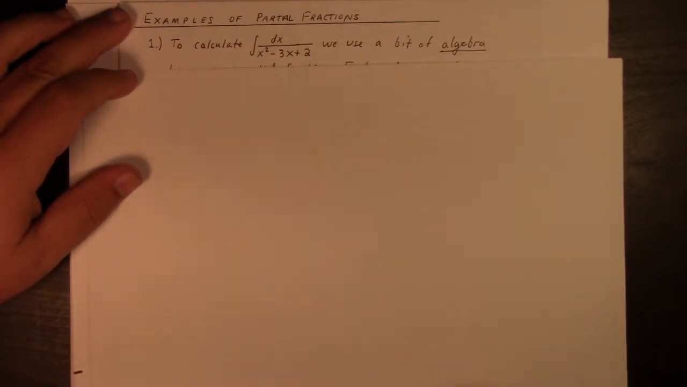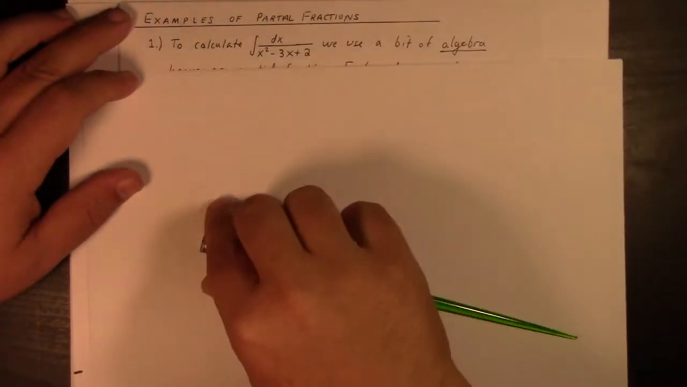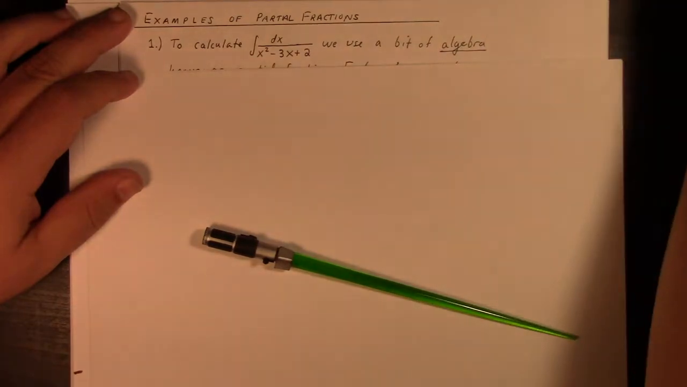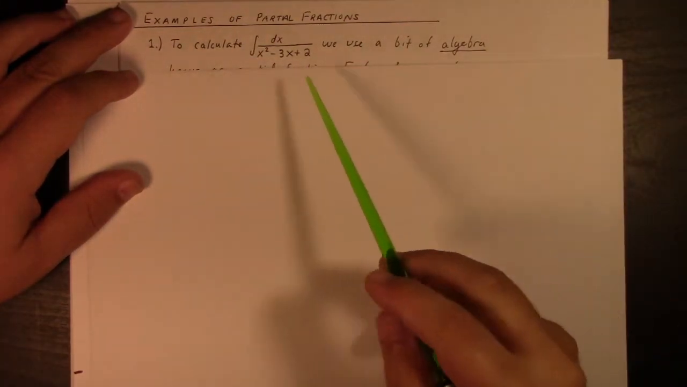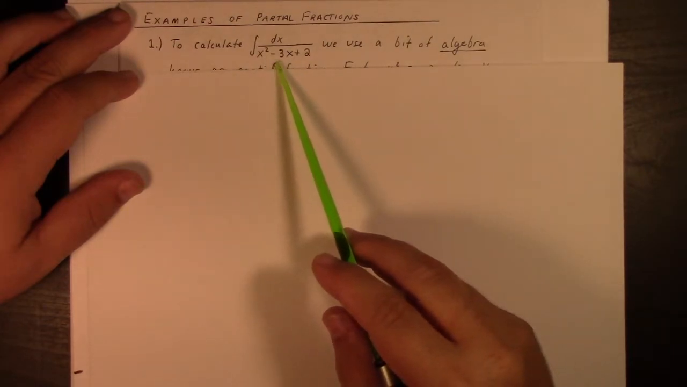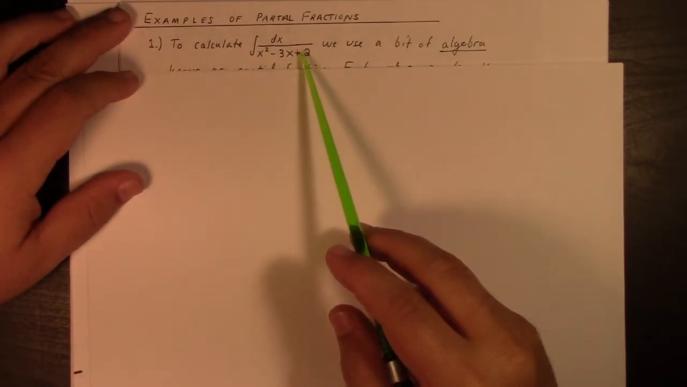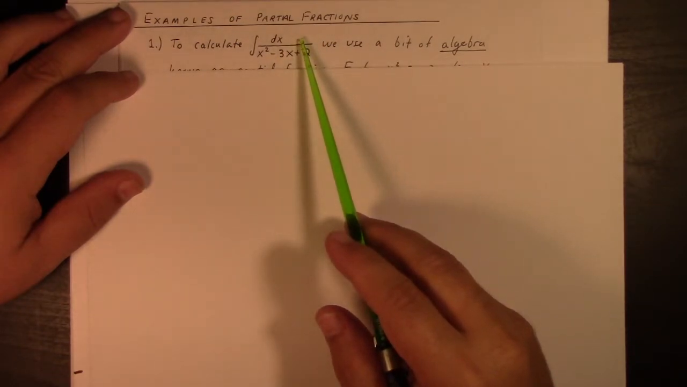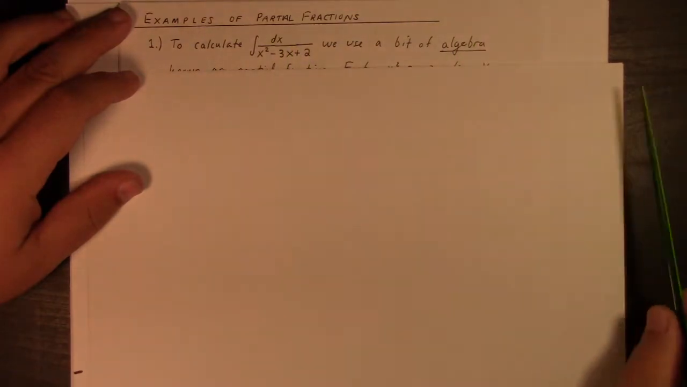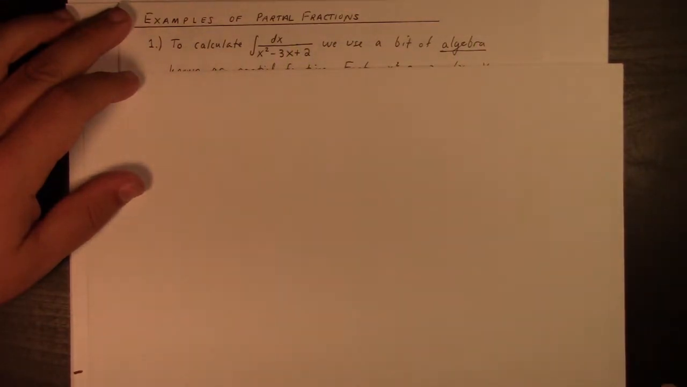How would we integrate 1 over x squared minus 3x plus 2? So this is not going to use substitution, integration by parts, trigonometric. Well, maybe trigonometric substitution would help, but let's ignore that for the moment and see that there's a simple algebraic